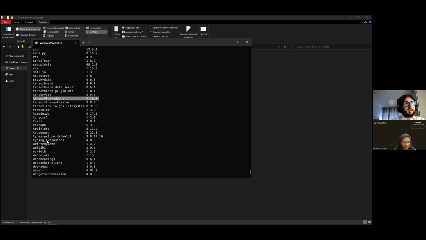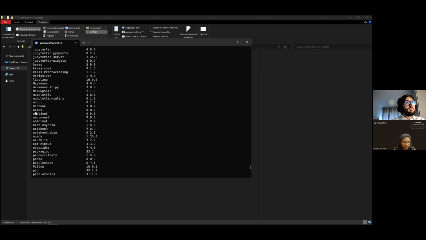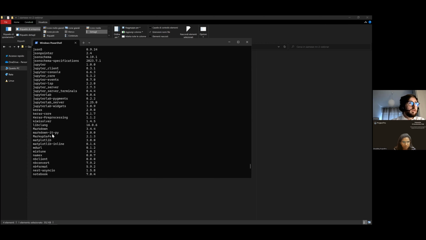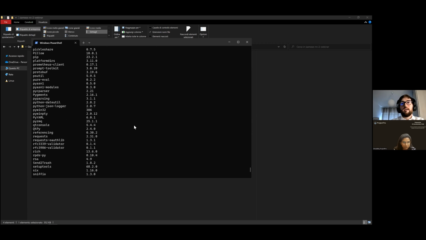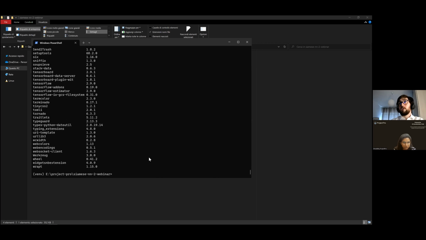Then I also installed the common packages, NumPy, Matplotlib, and Jupyter Notebook, Jupyter Lab, all the stuff to use Jupyter. If you want, you can check whether you have these packages, or use other packages. If you want to use PyTorch or JAX, the ideas are the same. Simply, I will be using Keras for this one.